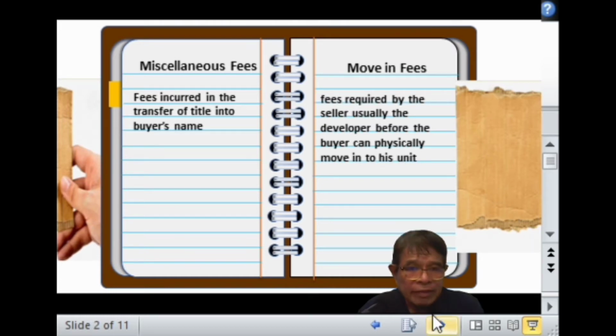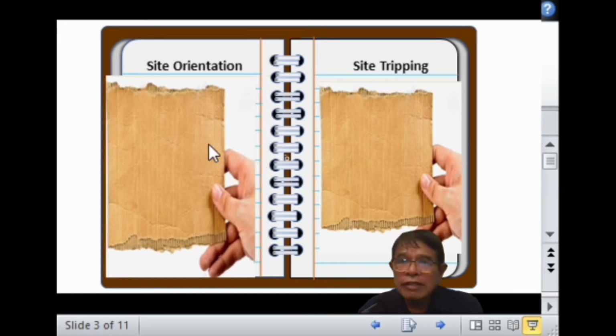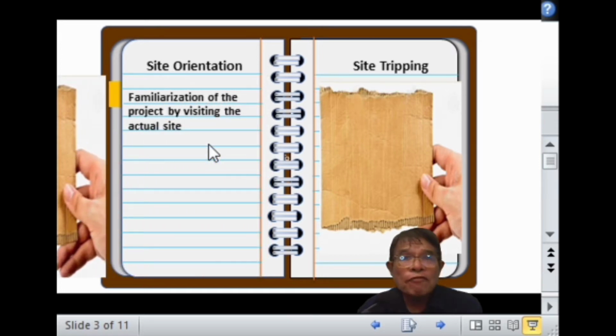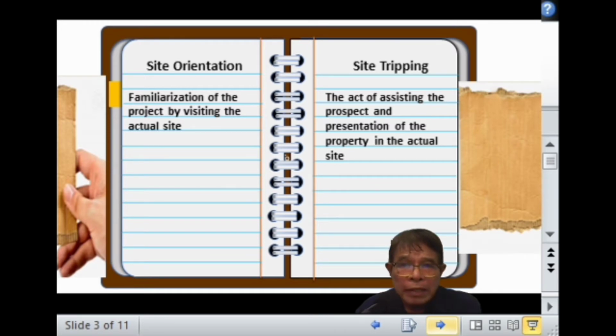Next, site orientation and site tripping. Site orientation is familiarization of the project by visiting the actual site, whereas site tripping is the act of assisting the prospect and presentation of the property in the